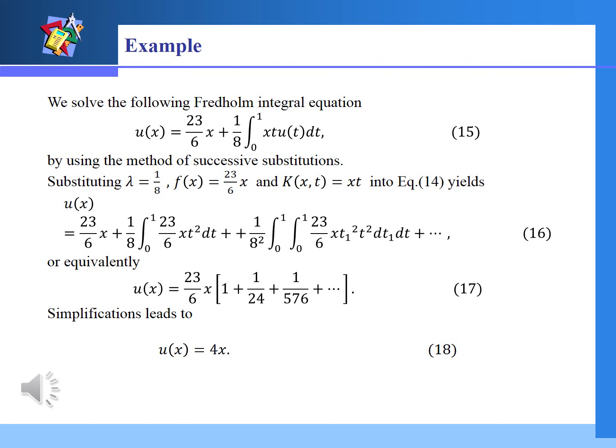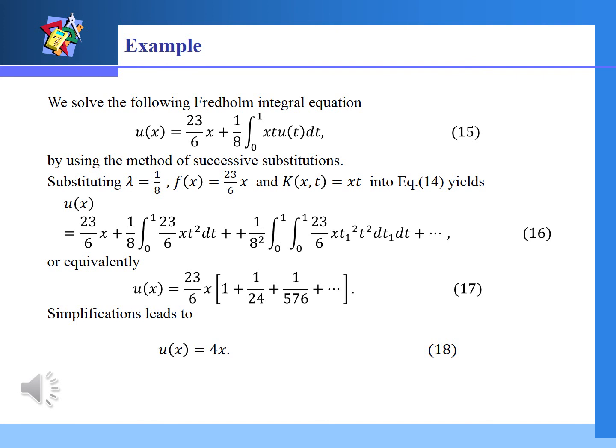In equation 14, the first term was f(x), which has been replaced with 23/6 x. The second term in equation 14 was lambda integral from a to b k(x,t) f(t) dt. So lambda has been replaced with 1/8, integral from a to b with integral from 0 to 1, k(x,t) with xt, and f(t) with 23/6 t. So the resultant integral becomes 1/8 integral from 0 to 1 23/6 x t square dt,